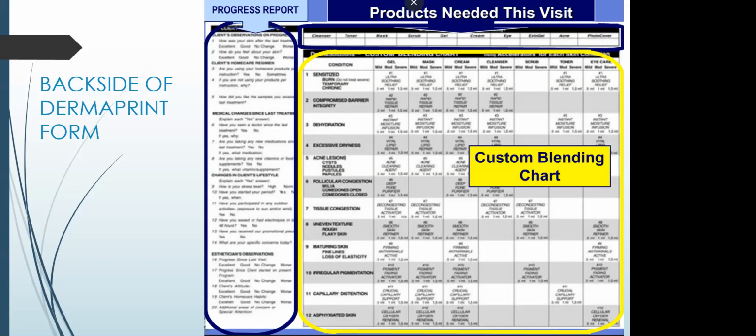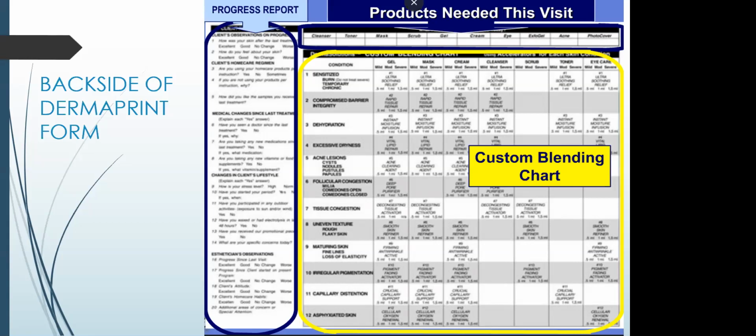On the right-hand side at the top lists the products needed at that visit. So depending on if you're doing your home care or selling them a home care regimen, you're going to mark down the products that you used or that are in their kit. And then on the right-hand side, on the bottom of the chart, this is going to tell you how to